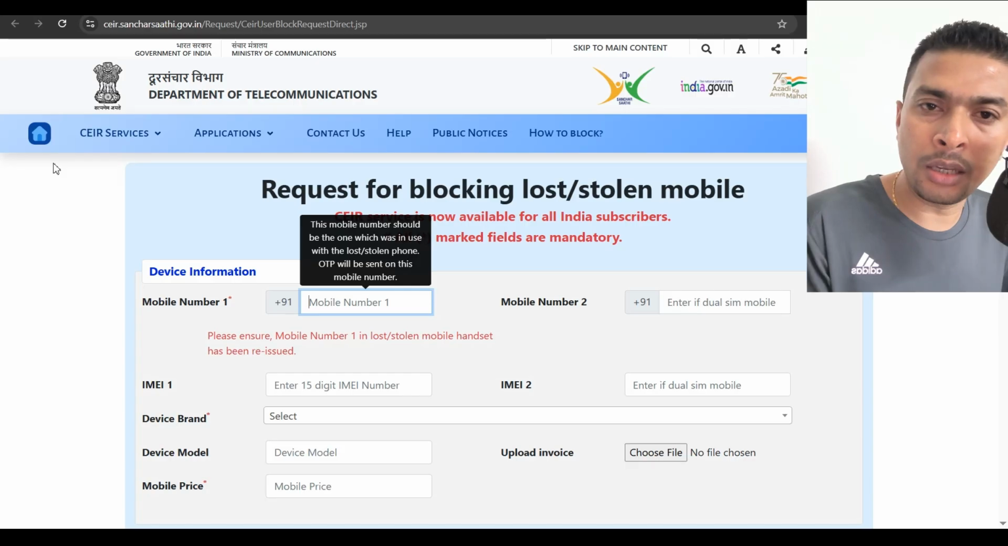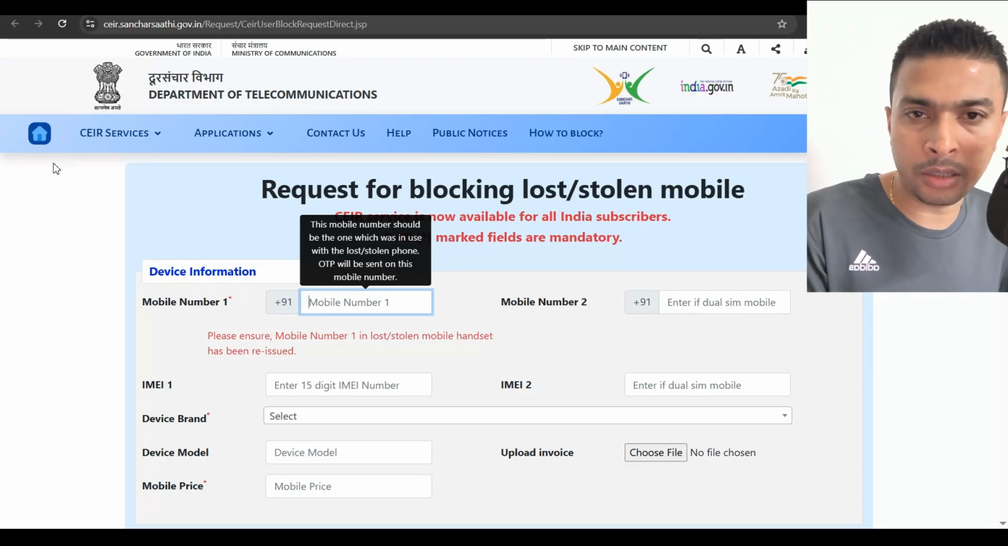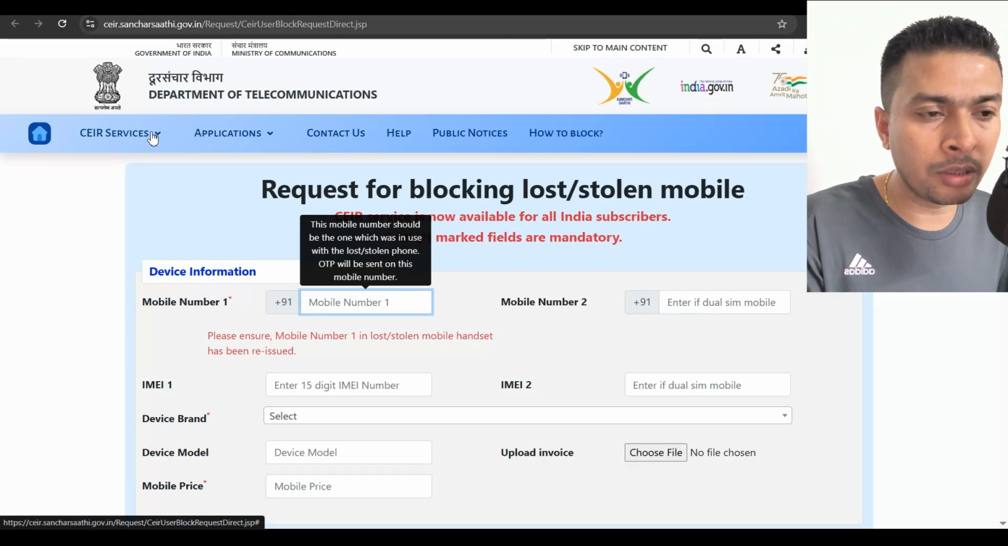I know there are a lot of suggestions online telling you that your IMEI number can be unlocked and stuff like that, jailbreak and all that rubbish. It doesn't work. Once your phone is blocked, it is blocked. That's it. So to track and see how far the investigation has gone, you could just click on CEIR